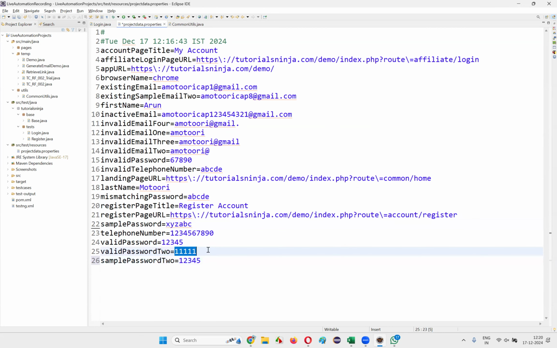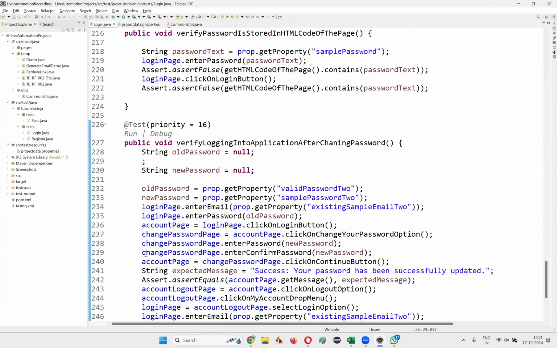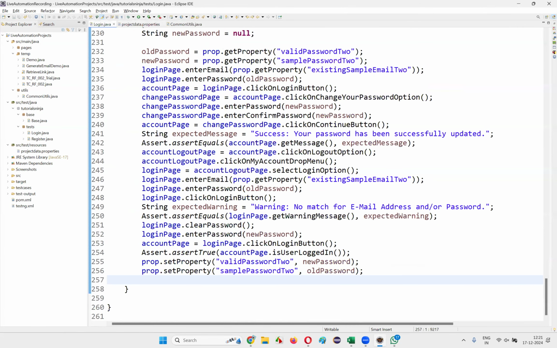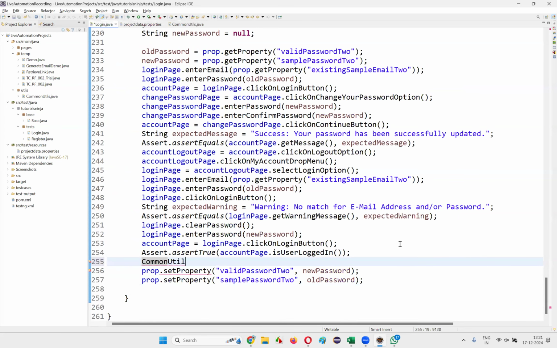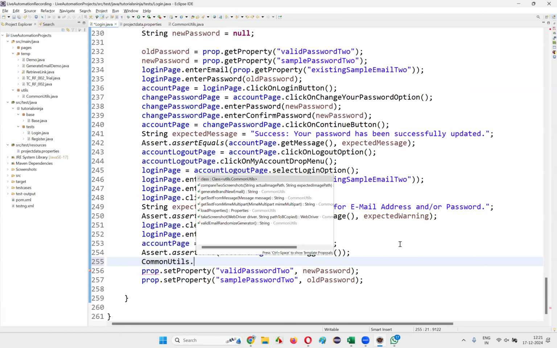So here 1 2 3 4 5 was working, right? Valid password 2, and yeah, 1 2 3 4 5 was working and 1 1 1 1 1. I'll just put it here and then I'll go to the login.java and here I'll write down common utils dot set common utilities or common utils dot